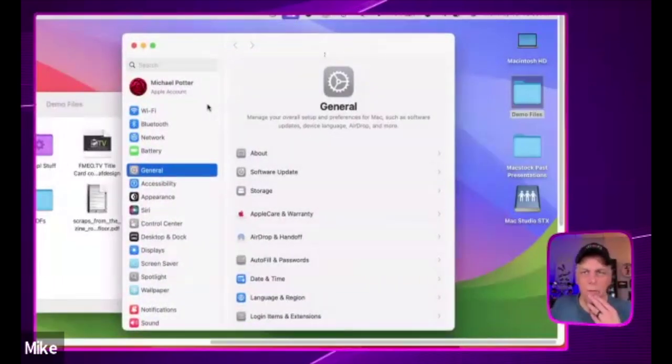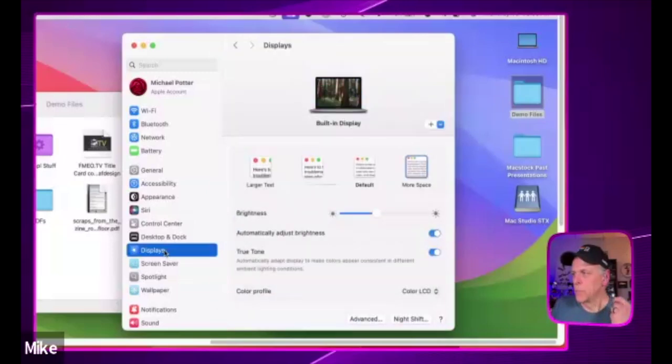And it's going to be under displays. Now I can't do it because I don't have a second display connected to the MacBook. All right. So it's in the displays panel,